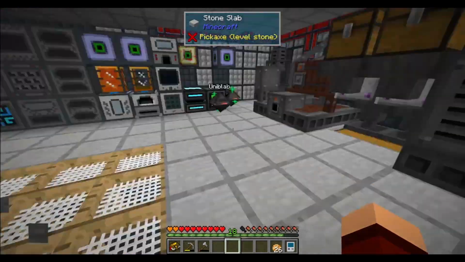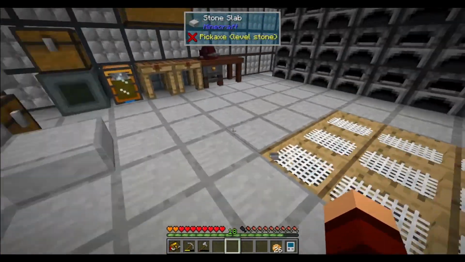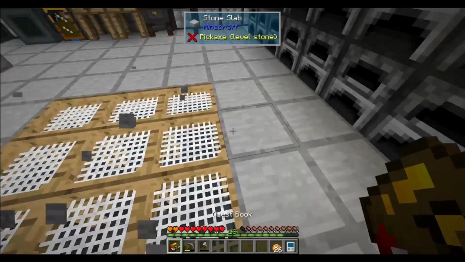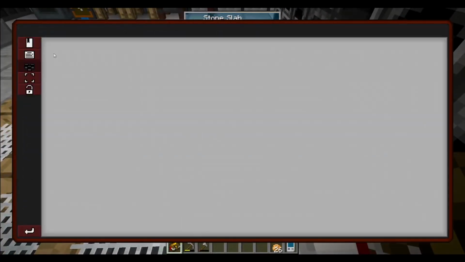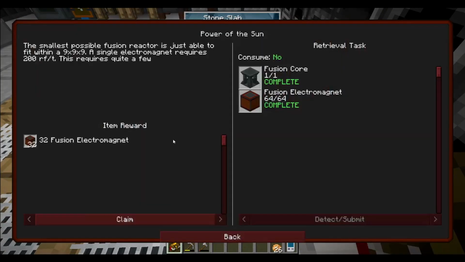Okay, so let's play a little catch up here. One of the things, all right, let's go through the book real quick, and let's pop right into this chapter here. So I did this, all right, made the fusion core and made these fusion